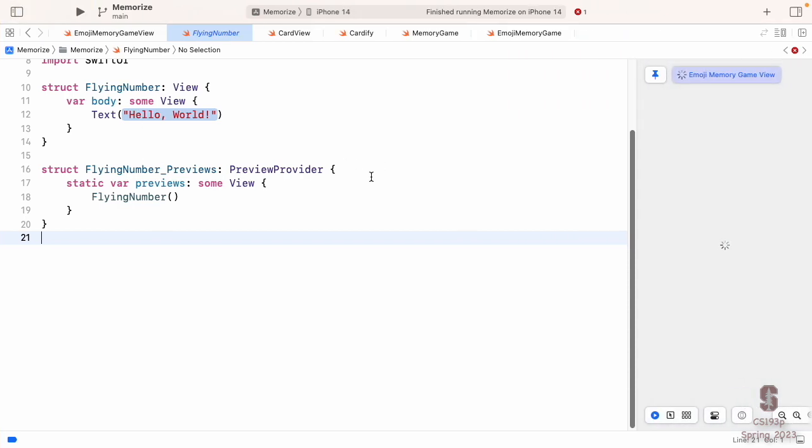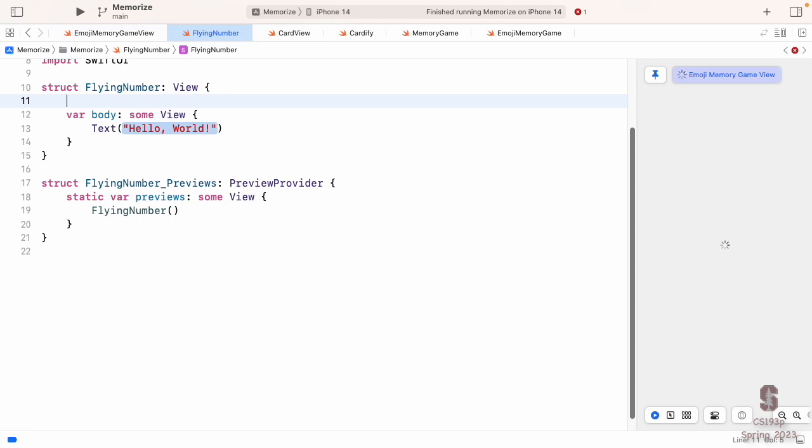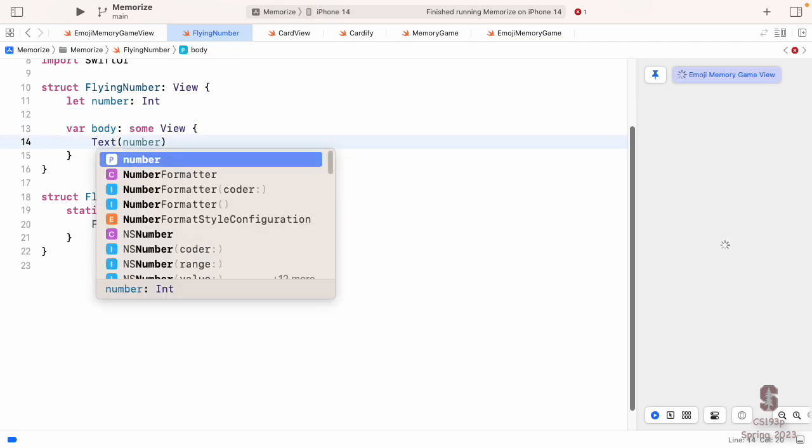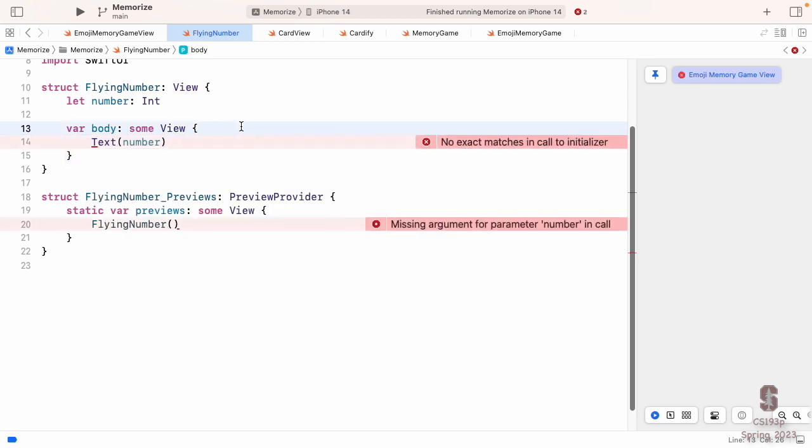That's great. We know that our FlyingNumber needs a number, so we'll say let number be an Int. And inside its body, it's basically just Text. It's like the text of a number, which you'd like to just say that, Text(number). Wouldn't that be cool? But we know that the argument to Text is a String.